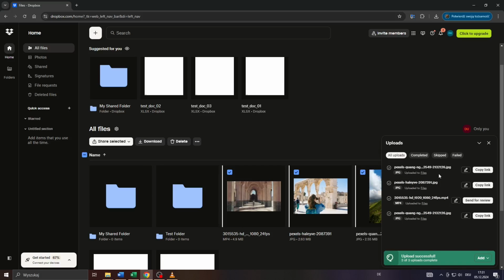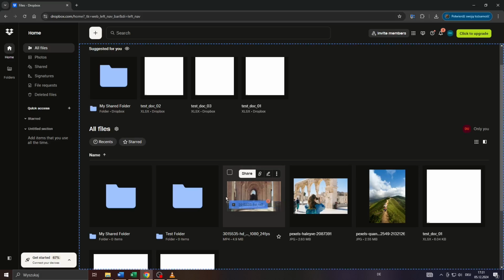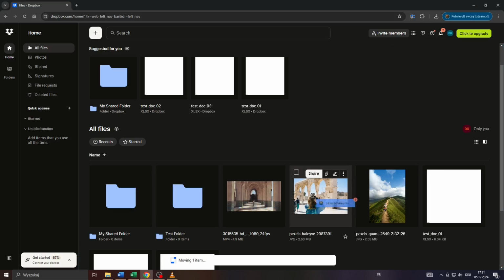Wait for the upload to be finished. That may or may not take a moment, of course. And after that, your uploaded files will appear here under all files. So now you can move them one by one, for instance, to your shared or to your